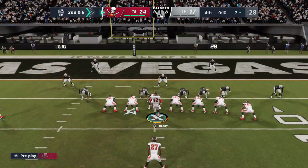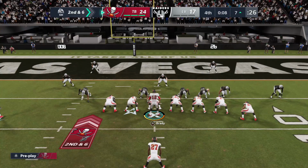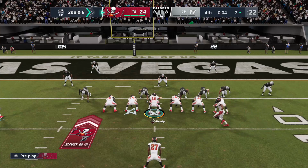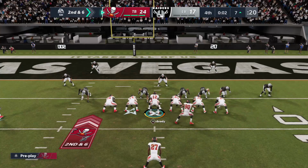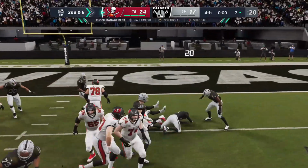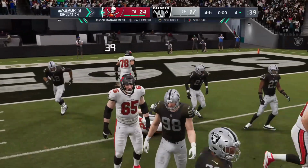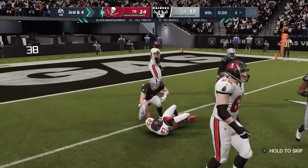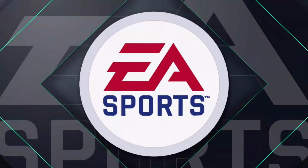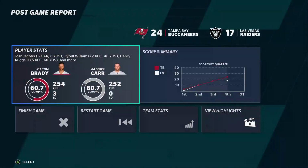On any running play that's called, they're always hoping that it's going to break big and go the distance. But when you get a nice gain like that, you're able to do so many things anyway. You can come back and run essentially the same play again, continue to move the ball on the ground, or you can decide to throw the ball now because usually you have the defense back on its heels. So time has run out on what will be a Tampa Bay victory, and they were spurred on by a strong performance in that